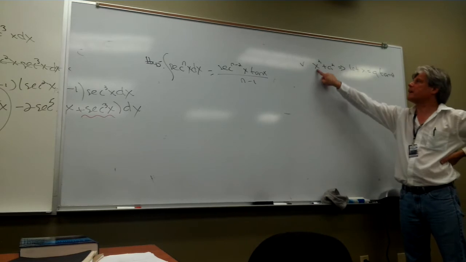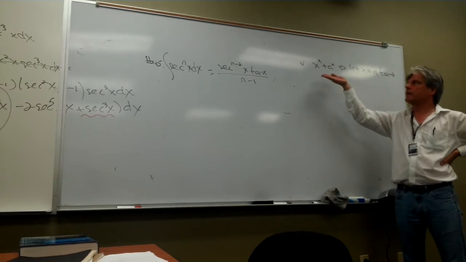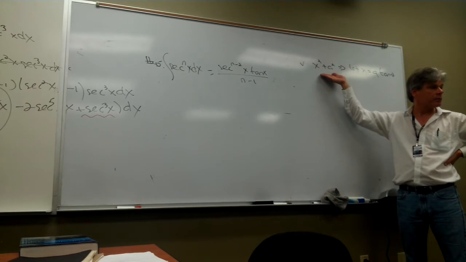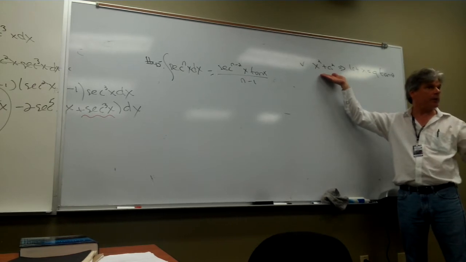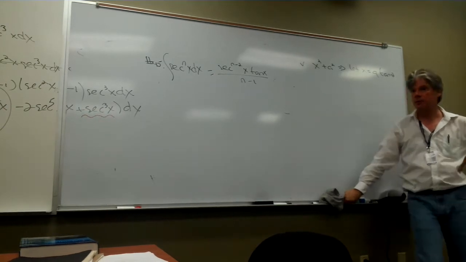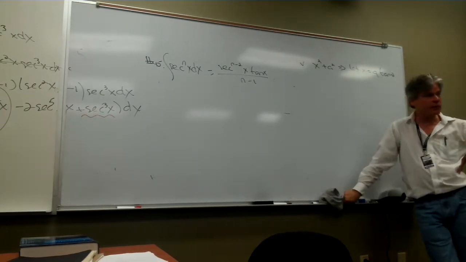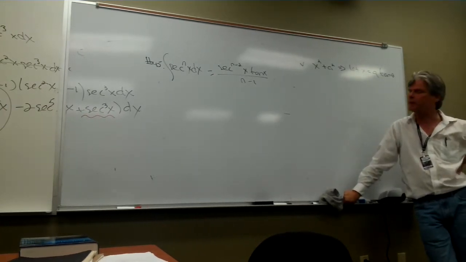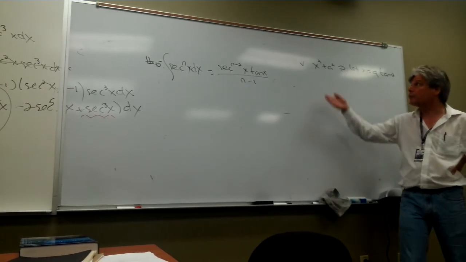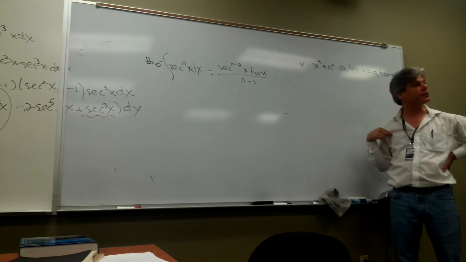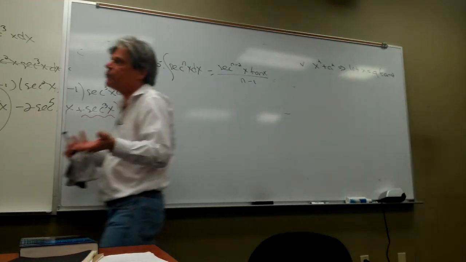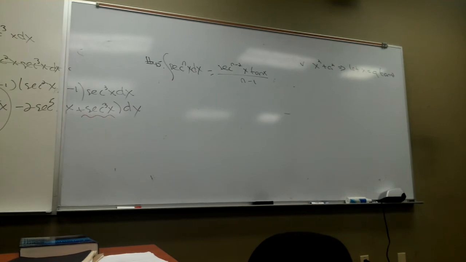So listen to my choice of words. If I replace this x with this, don't I get a squared tangent squared of theta plus a squared? Now I get to pull my factor of a squared out. What's left over is tangent squared of theta plus 1. But another name for tangent squared of theta plus 1 is secant squared of theta. I get to replace a multi-termed expression with a single-termed expression. Let's give it a shot. In my example over here, a is 1. My life's easy with my first example.